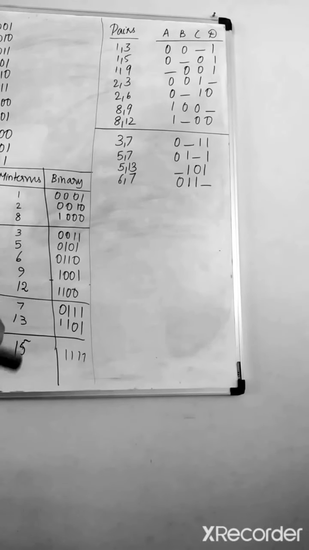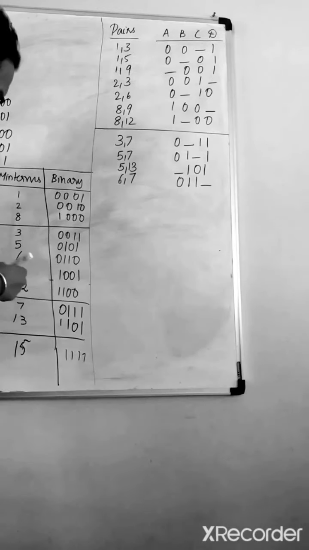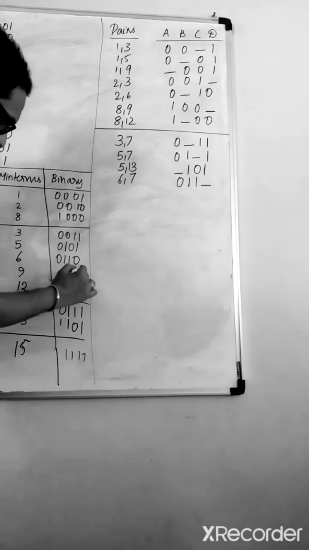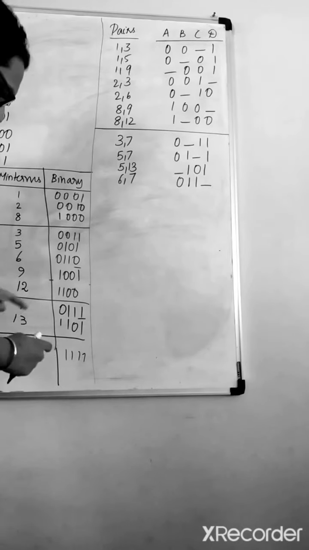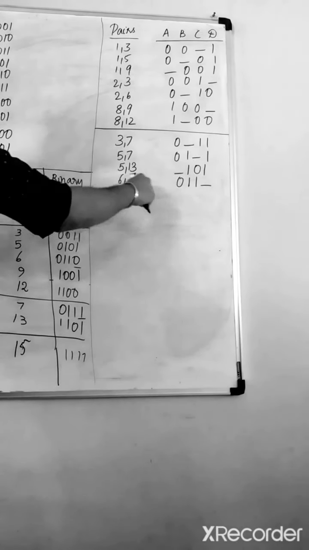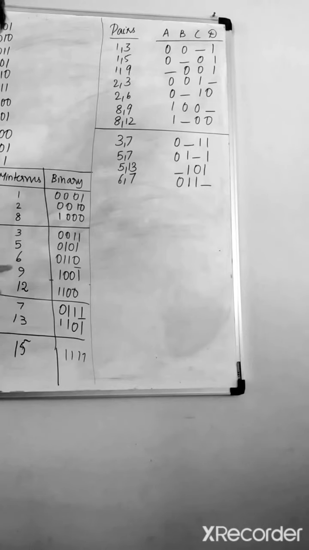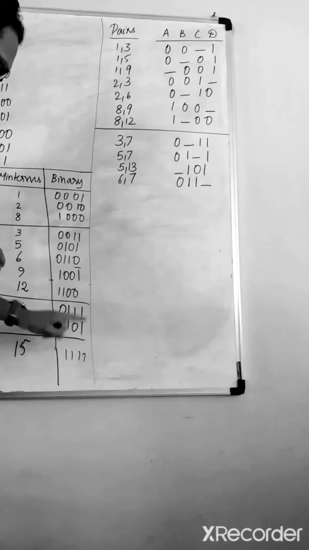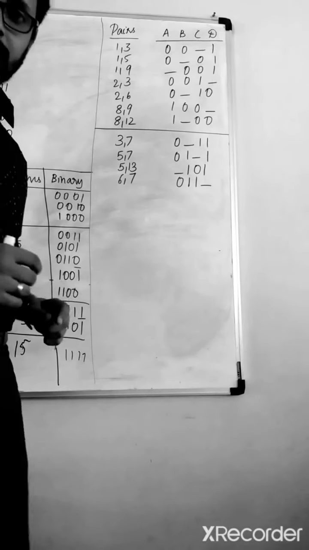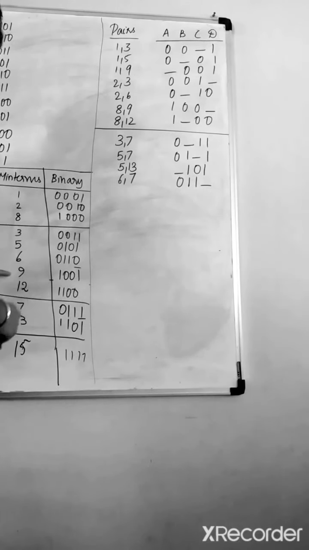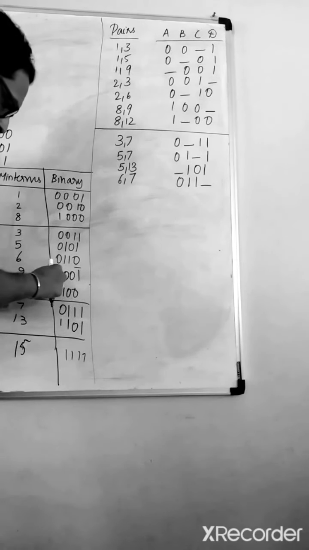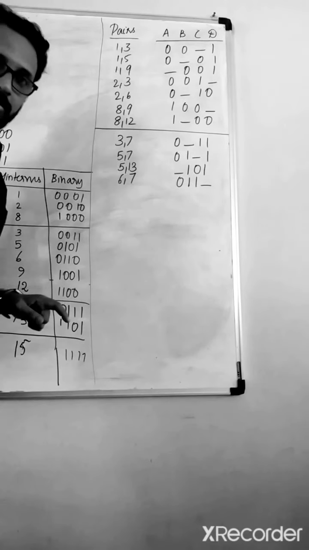Okay, let's continue. 6 is compared with 7, so we understand that there is a 1 bit change in this bit position, so we gave it 0, 1, 1, dash. 6 is compared with 13, so 0, 1, 1, 0 and 1, 1, 0, 1. There is more than 1 bit change, so we discard it. Next we compare 9 with 7, more than 1 bit change. Remember, after each change, remove that symbol.